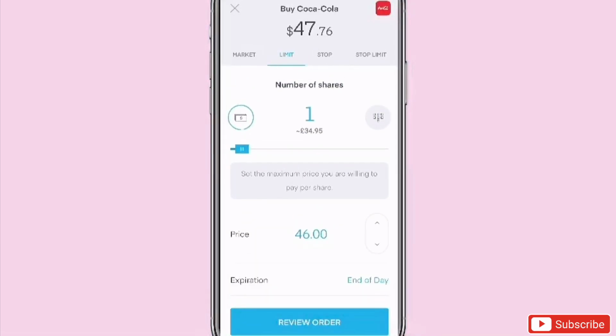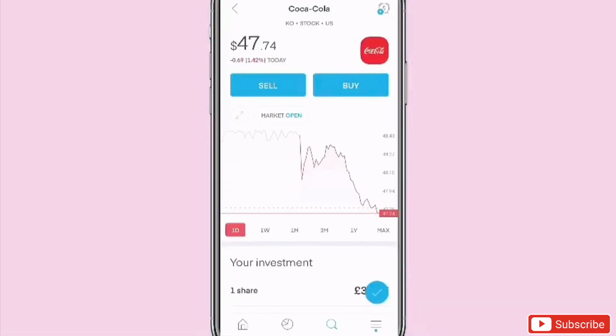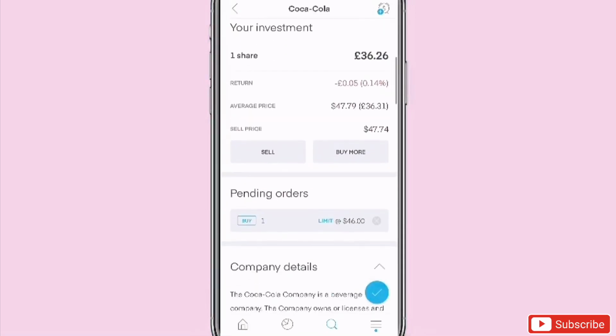and I can press review order. Now it's going to come up there. It's a limit buy, one share, $46, and I could send the buy order. So now you'll see here it comes up pending orders, limit. Now that's not going to execute unless it hits $46. If it hits $46, then that order will execute and I will then own another share of this company. But if it doesn't hit, this is a downside to it, then you'll never be able to buy this